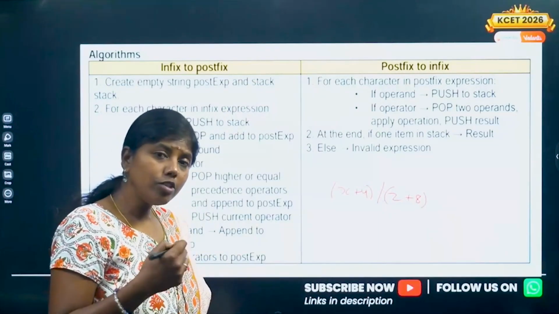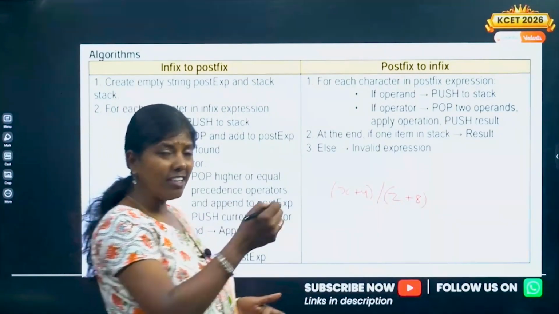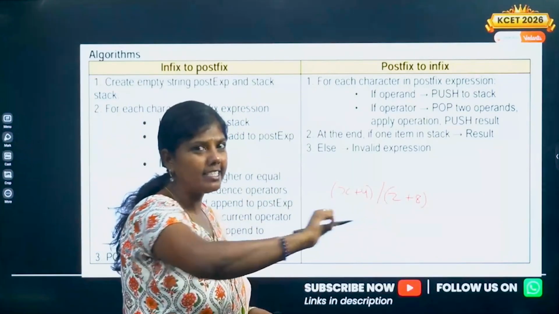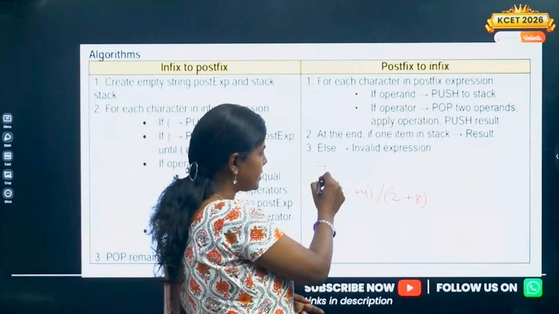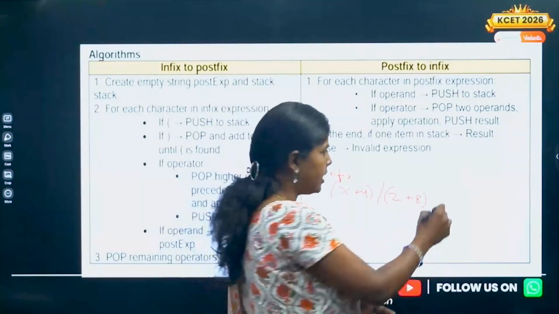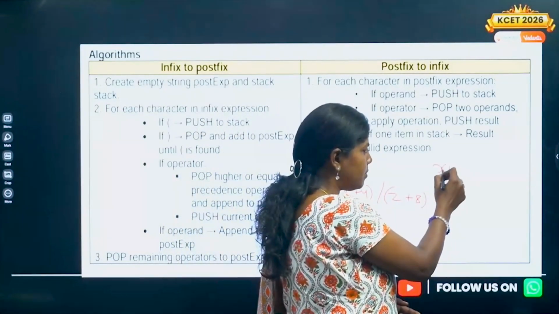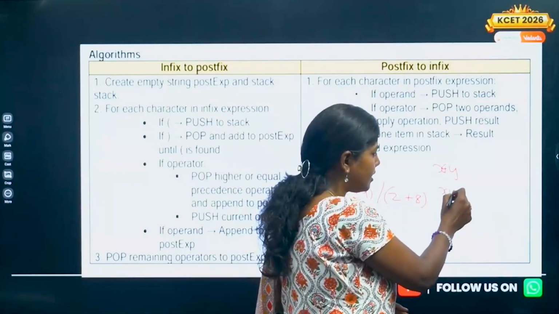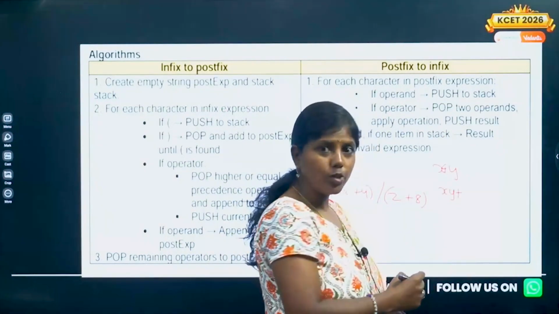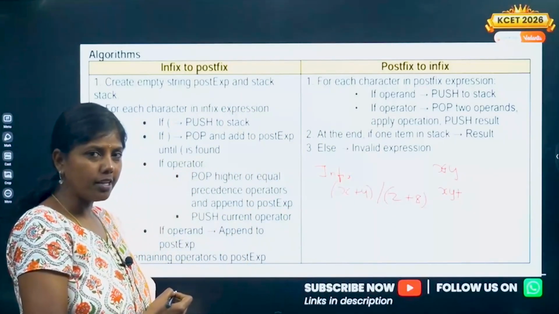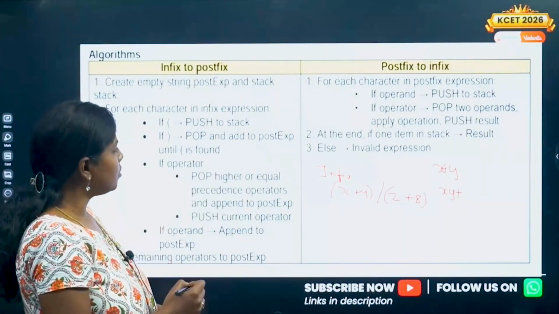Now, how do we convert it? Any infix expression has certain characters in it. This infix expression has to be converted to postfix expression. If I give x plus y, how will you write it as postfix? I write the operator after the operands, and that is what postfix means.